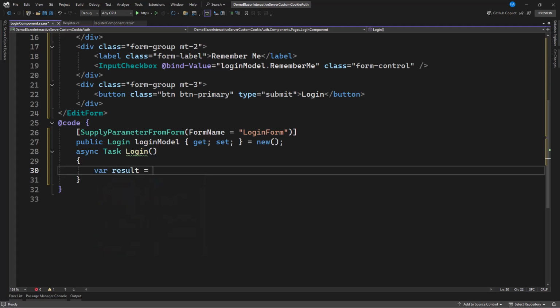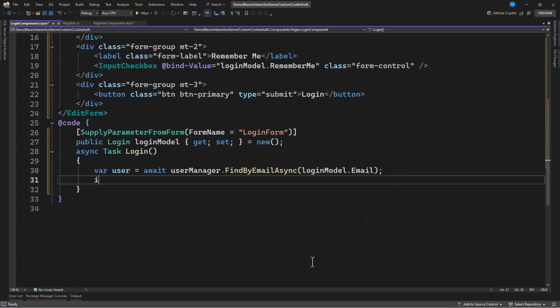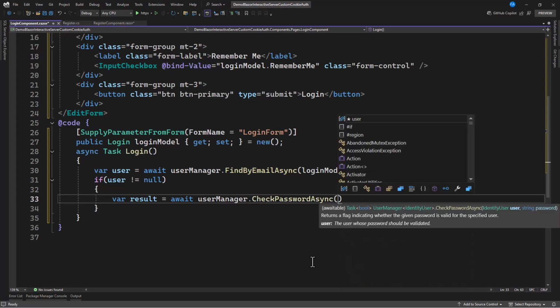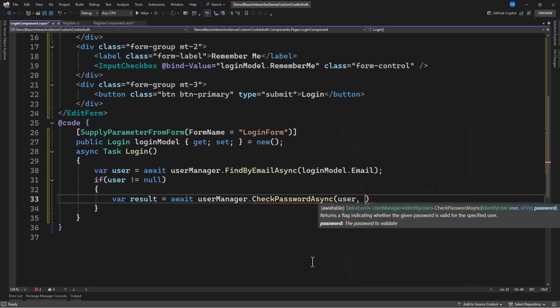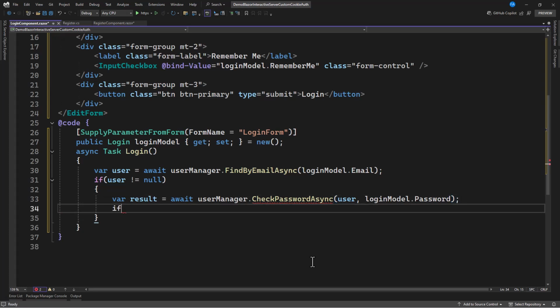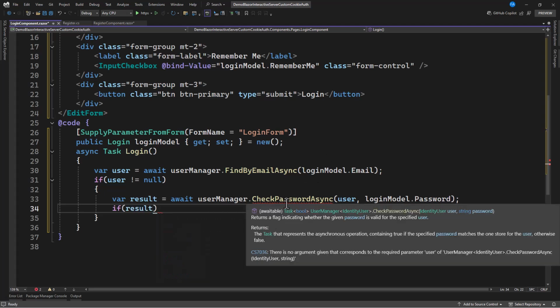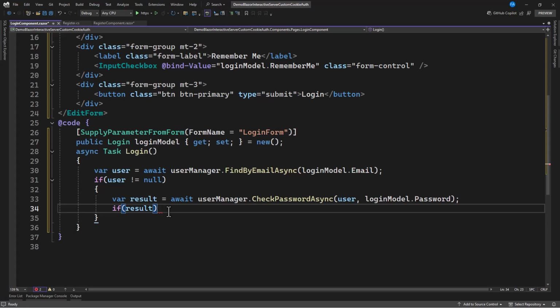So result first, or let's say let's make this a user: user manager find by email. We have our login model dot email. In case this user is not null, we want to check the password. So check password async, and here you need to provide the user and also the password. Now this is going to return true. It's a boolean. So if this is true, meaning the email is there, the password is there, let's go and